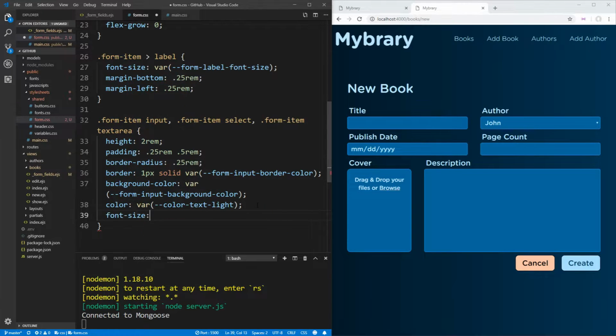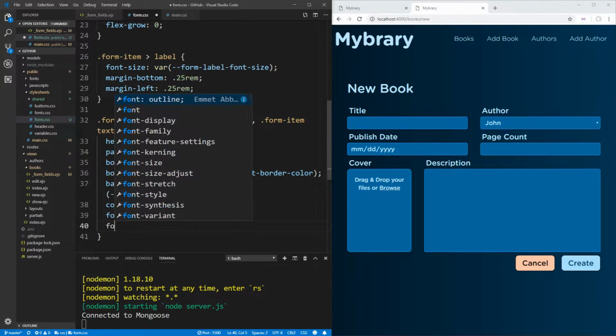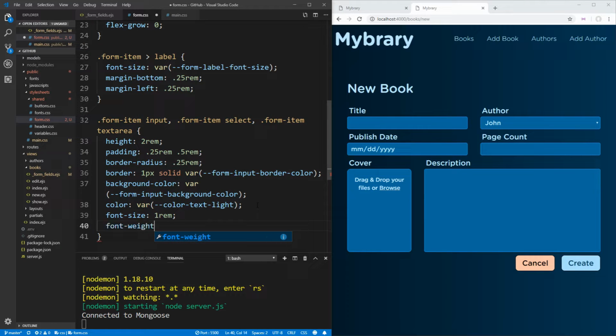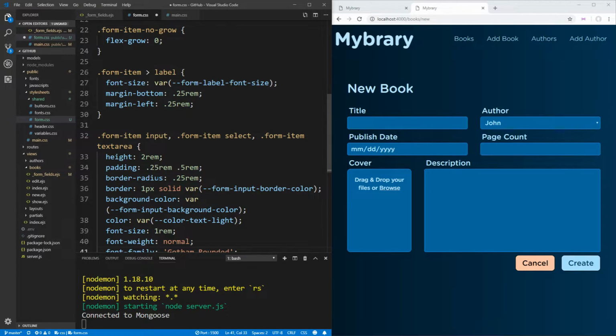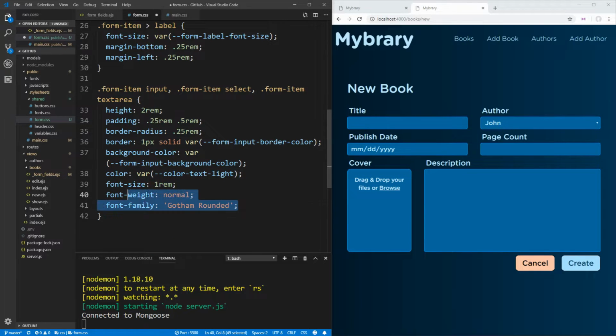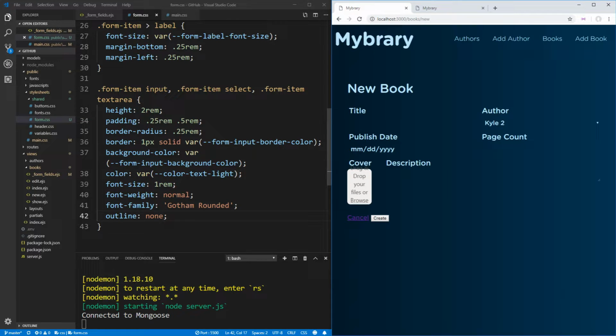Next, we want to change the font size to be 1 rem, we want the font weight to be normal, and we want the font family, again, to be that font family we defined for our application, which is Gotham Rounded. And the reason we need to reset our font family and sizing on input elements is because they default to a different font size than your actual application has set. And the last thing we want to do is remove the outline, so we'll set the outline to be equal to none. And now if we save that, go back to our application, you'll see that nothing's actually showing up,